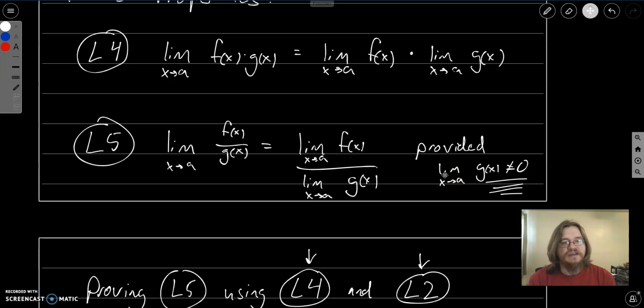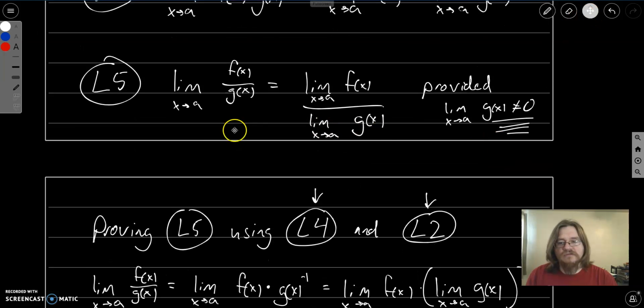Hello and welcome back. So last time we had just seen two more properties, two more algebraic properties of limits just before my video recorder ran out of space. So when we have the limit of functions being multiplied together, we can just multiply the limits, and when we have